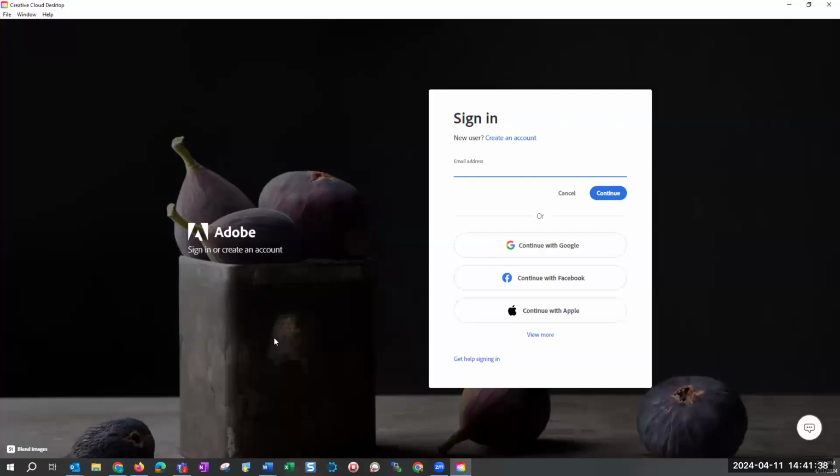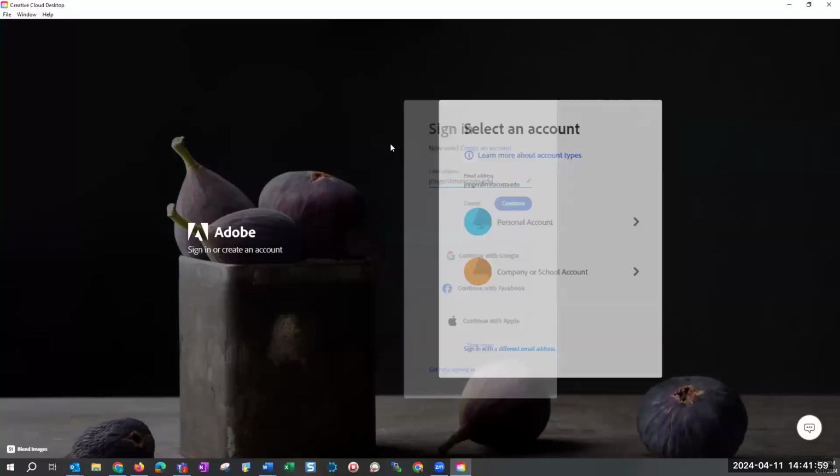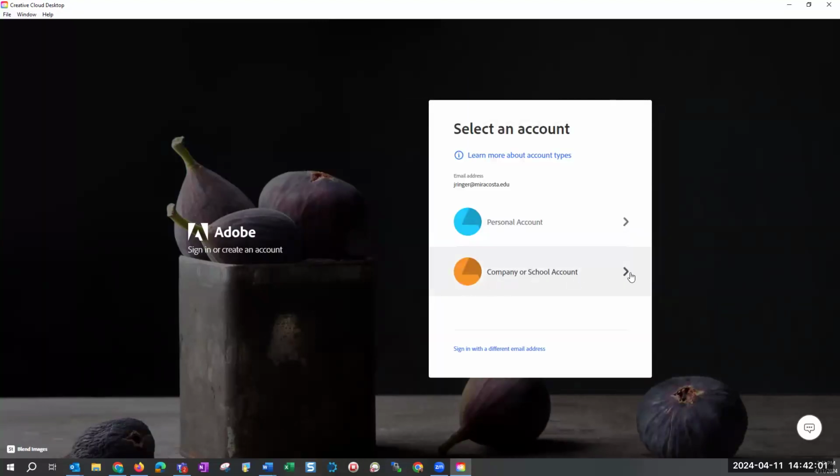After you download Adobe Creative Cloud, it's going to come up to this. If anyone has ever used Adobe Sign, it looks exactly the same. From here, I'm just going to put in my MiraCosta email address. I'm always going to choose company or school.